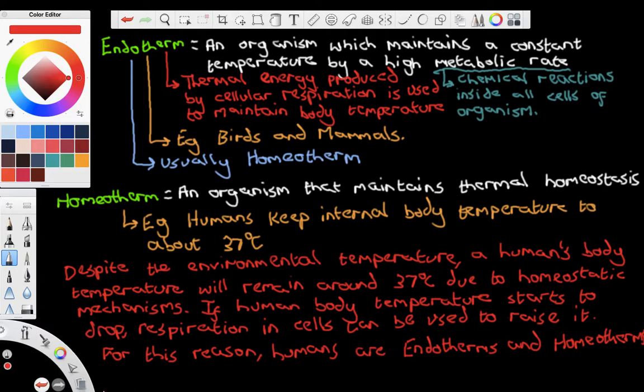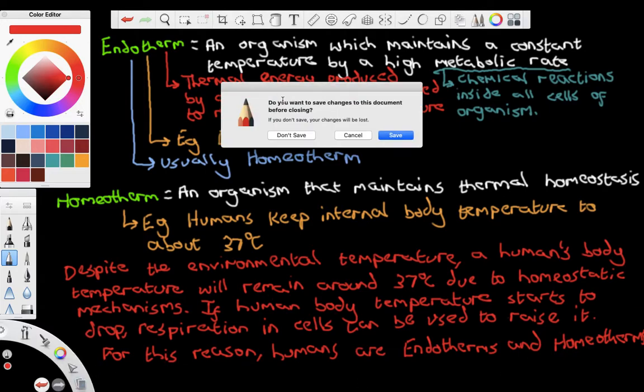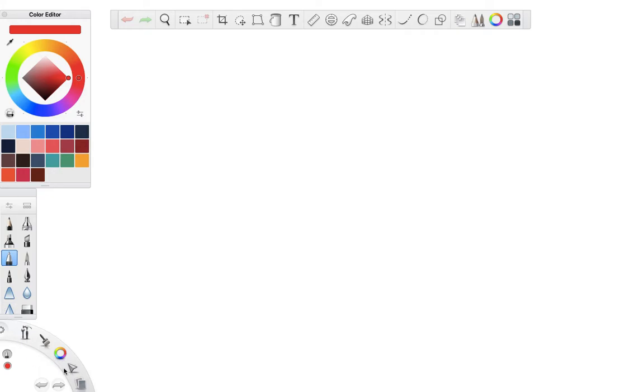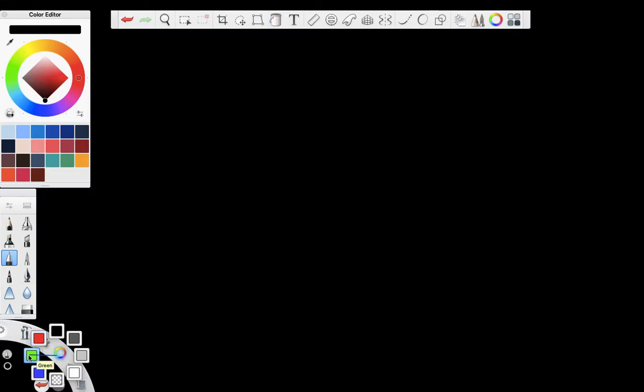Now, this is slightly different to what we call ectotherms. And let's break that down a bit. So an ectotherm is spelled E-C-T-O-T-H-E-R-M. An ectotherm is defined as an organism